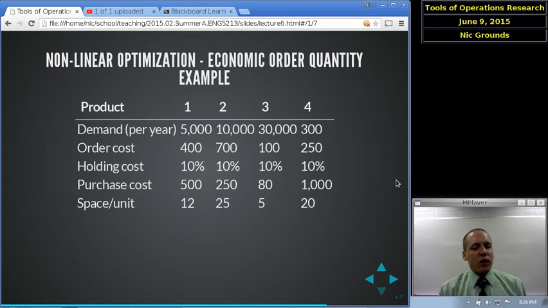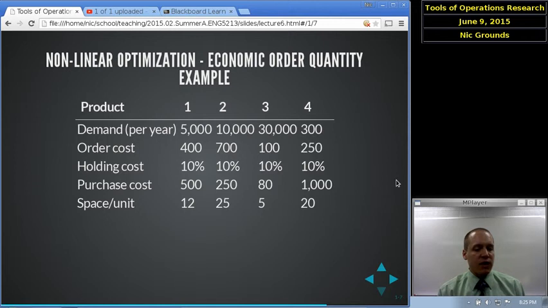For every product one we keep in stock, we have to pay 10% of the purchase cost. So if a product one costs $500, 10% of that, or $50, is what we estimate we have to pay just to keep it in stock, keep it in inventory, keep track of it. Like I said, if you have to do some sort of maintenance to keep it clean or clear or stocked on the shelves in the right place, whatever that is, the holding cost per product one is 10% of its